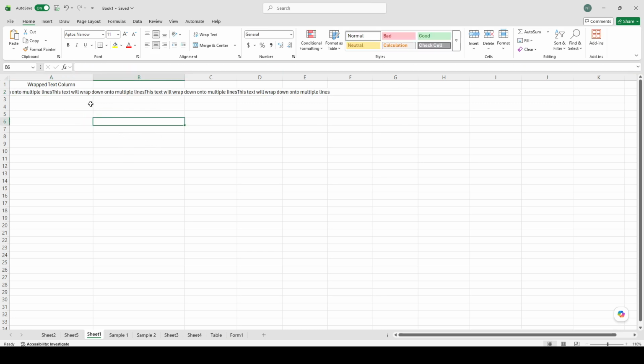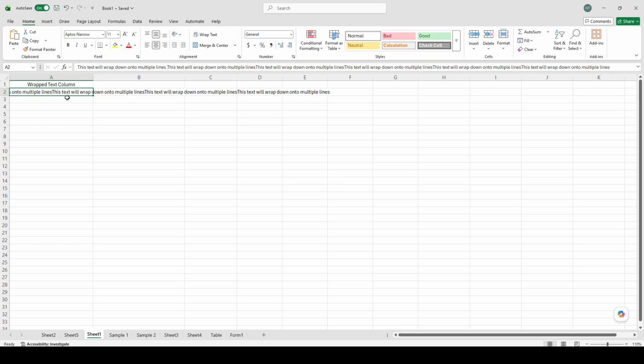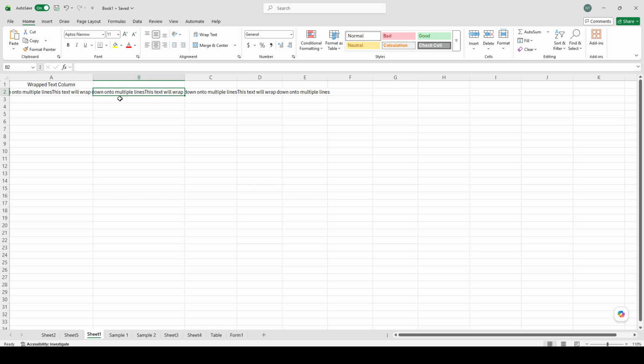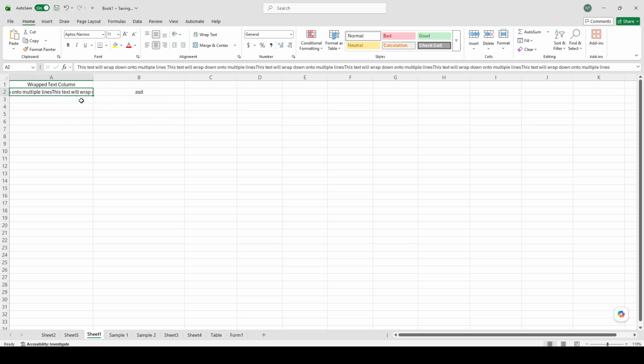remains visible. To begin, click on cell A2 containing the overflowing text string. As you do this, look at the spreadsheet and make sure that cell is highlighted with the border that indicates it is selected. In this example, A2 has text that is currently too long to fit on one line. Once the cell is selected, you can see the issue clearly, because the text likely runs across the grid or looks cut off. Selecting the correct cell is important because any formatting change you apply will apply to the active